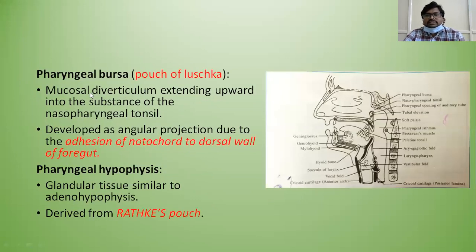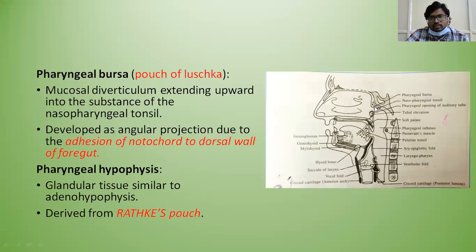The other important structure is the pharyngeal bursa. It's also known as pouch of Luschka. It's a mucosal diverticulum that extends into the substance of the nasopharyngeal tonsil. It is nothing but an angular projection due to adhesion of the notochord to the dorsal wall of the foregut during development. See, as you can see, it's an inverted